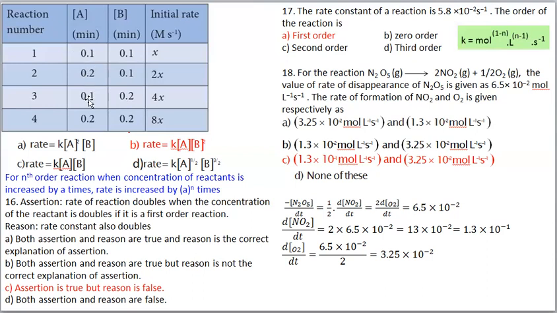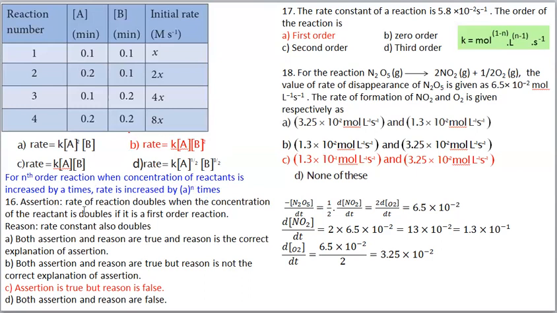Here A concentration is kept constant. B concentration is increased. So rate is increased by 4 times. You see here, concentration of B is doubled, increased by 2 times. But the rate is increased by 4 times. So instead of A, we can write here 2. Okay, 2 to the power n is equal to 4. Instead of n, which number should come? 2. Then only we will get this answer. So 2 to the power 2 is 4. So order with respect to B is 2. That means option B is the right one.